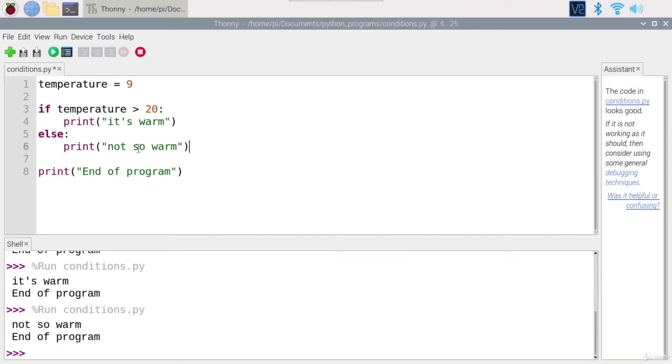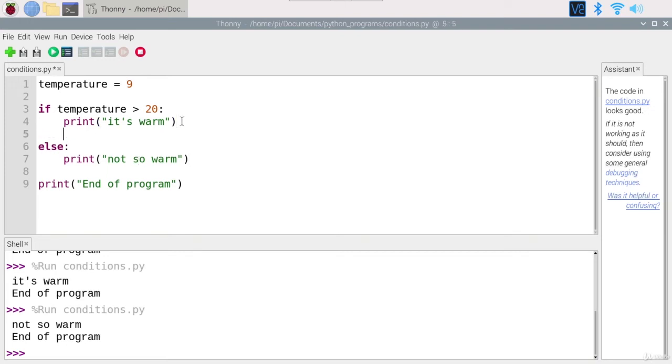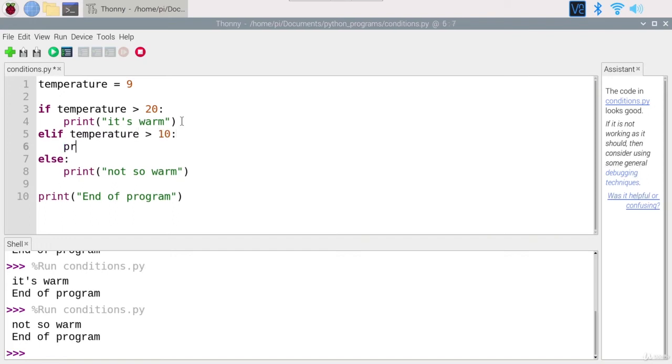And finally, to make things a little bit more complete, we can also add else if. Okay, and in Python, you can use elif. And let's make an example so you can understand. I'm going to do temperature greater than 10. Let's say print